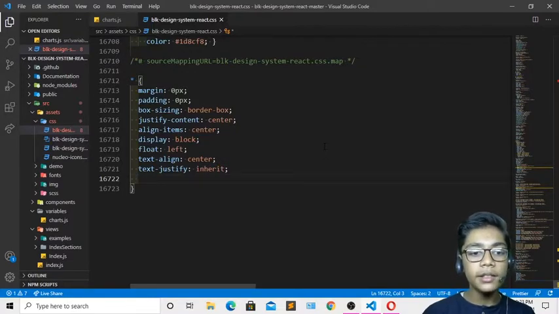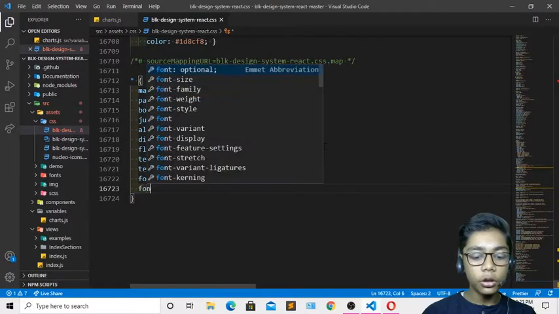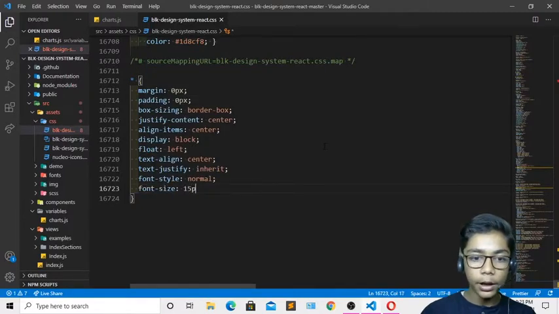So now here you can see we have done all these things. Now I'll be just coming and creating a font style. So just take that and erase that. Now I'll be writing font style, which should be normal. Then come underneath again and create a tag which is called font size. Now we will be having 15 pixel.